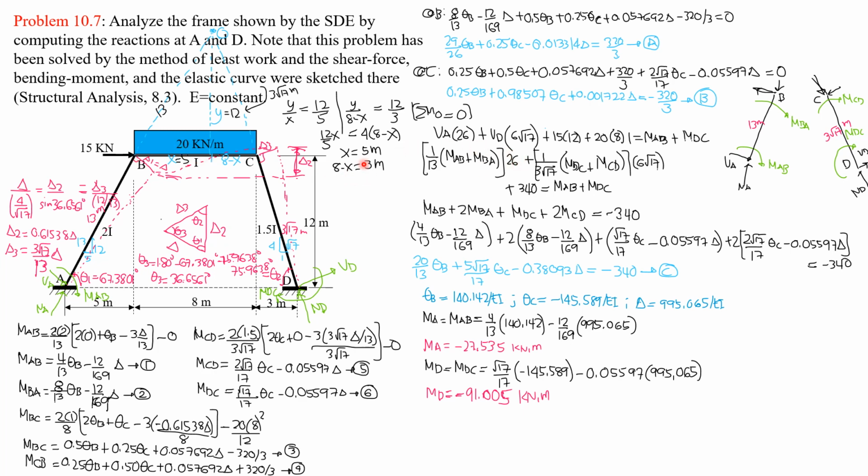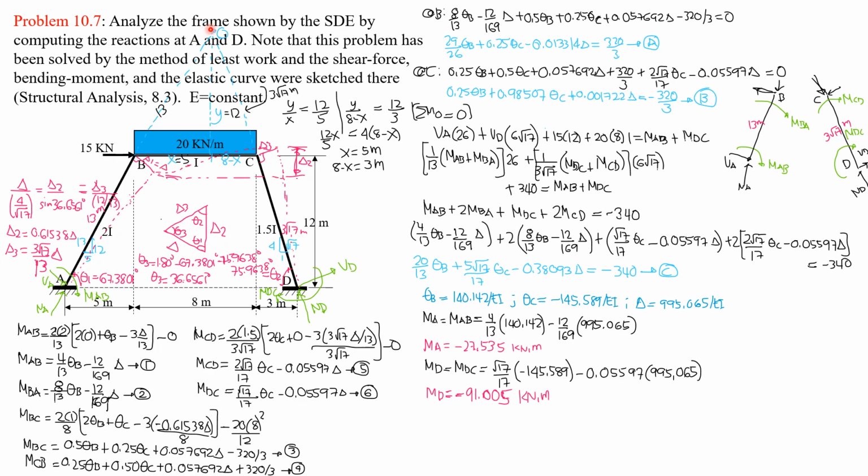So that, considering the free body diagram of the entire system, we just assume that shear at A is down to the right, perpendicular to AB. Shear at D is also down to the right, perpendicular to CD, so that MAB and MDC are assumed clockwise.